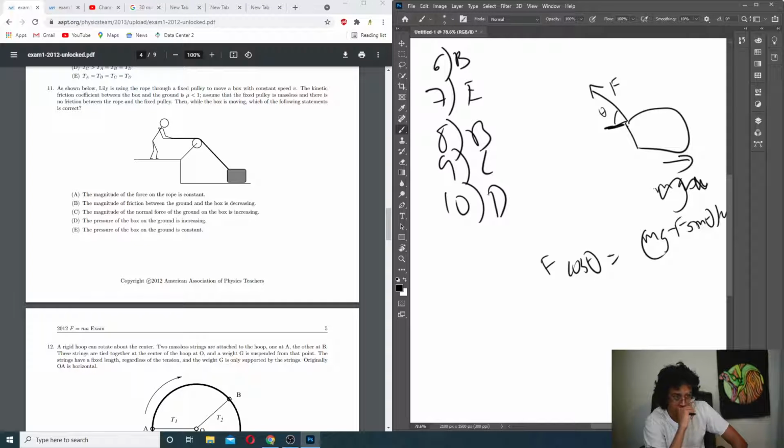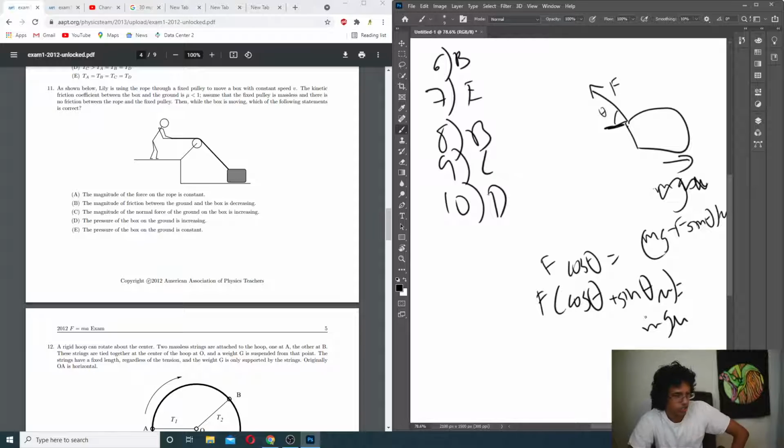Because when theta changes, your force does have to change, okay? Magnitude of friction between the box and the ground. Yeah, that should be right? Because essentially you're getting more upward force, so is the force constant though? No, the force is not constant. Okay, this is triggering. Let's just solve for the force first. So you get f times cosine theta plus sine theta mu is equal to mg mu. Wow, okay, so essentially your magnitude of friction is going to be,